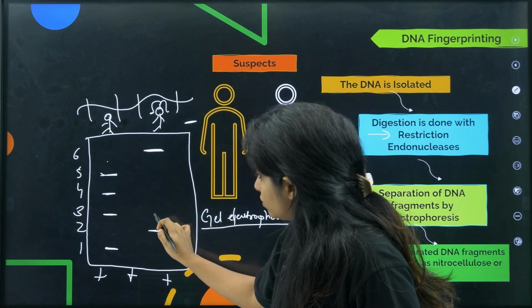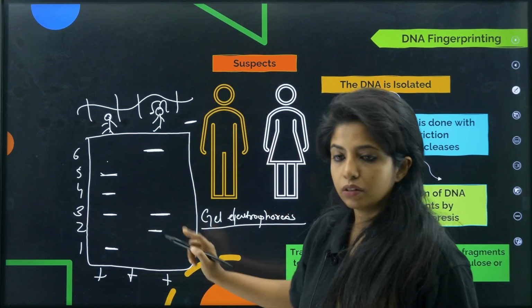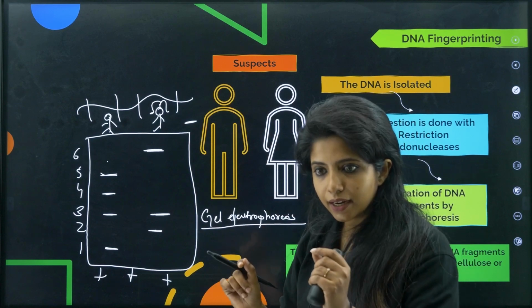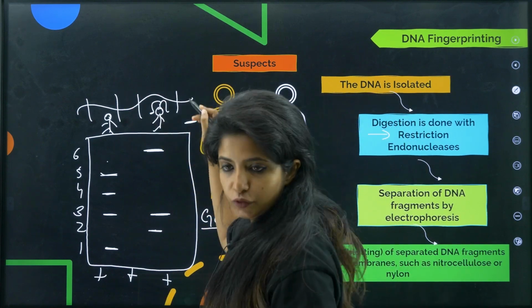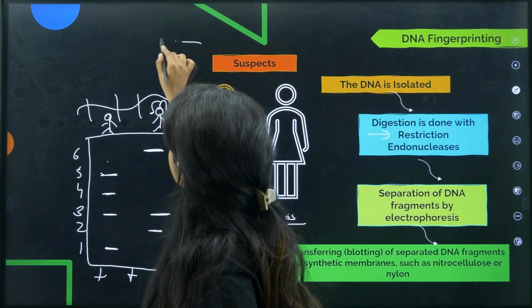Sometimes it can be shared also. This person might also have 3 repeats over here. Do you understand what I am saying? Basically, the DNA is fragmented. Now, suppose there is